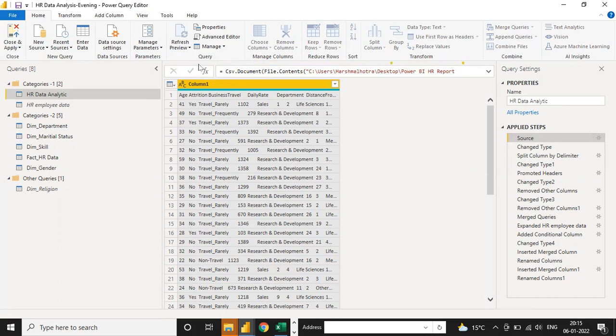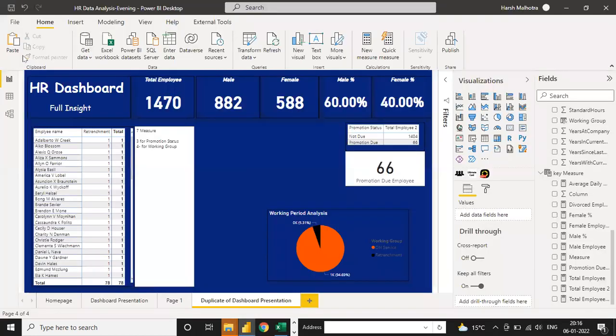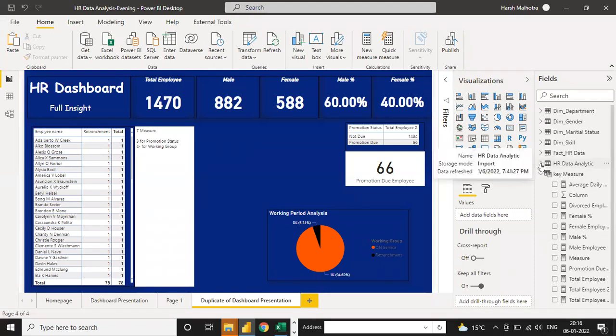Yes, any dummy file. But not any dummy file, guys. You have to put the same database file which I am using in this Power BI. I have already sent you the Excel file, the CSV file. You can directly save it into your particular folder and change the path to that folder only. If you are working with your own file, I suggest you work with your file, not my file, because my file is just for your knowledge purpose. If you work with your file, it will be easier to understand where you are getting the error or any doubt.